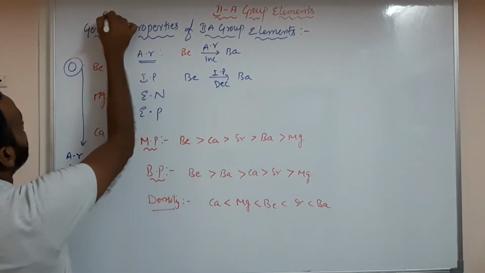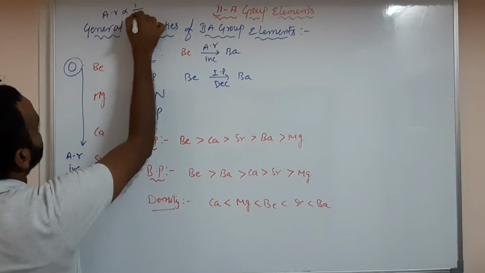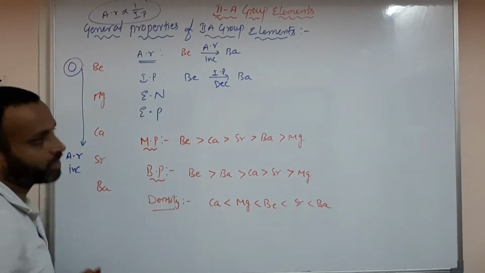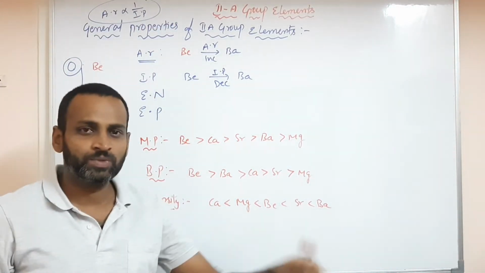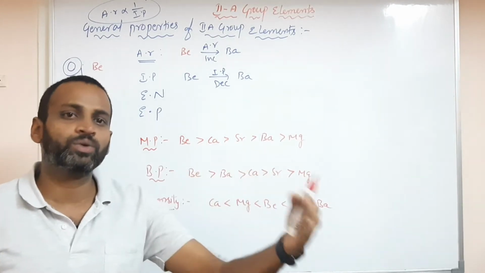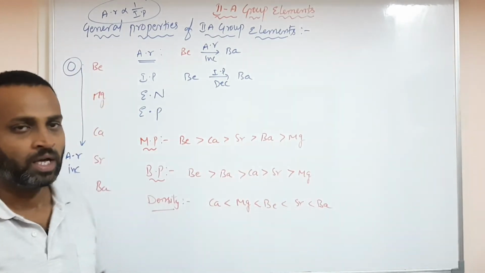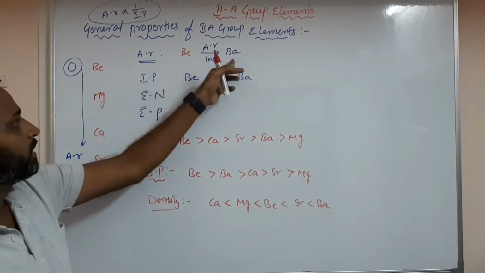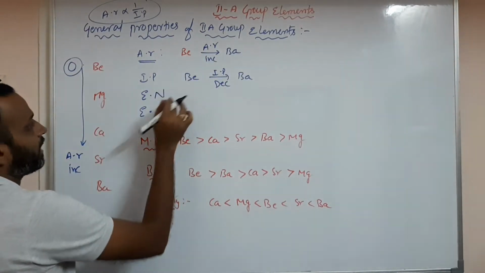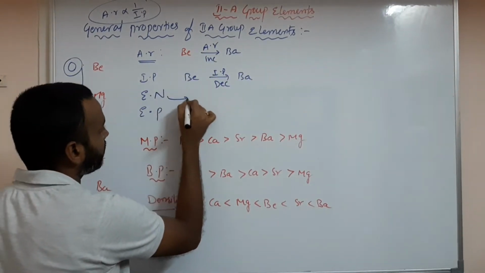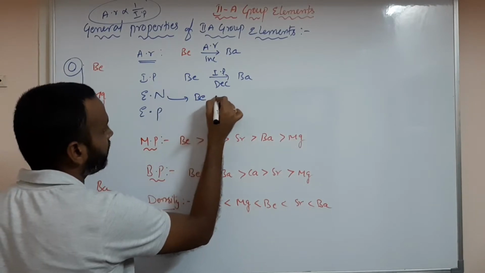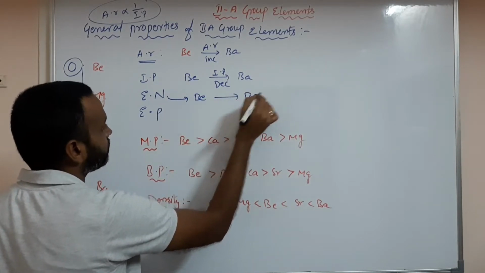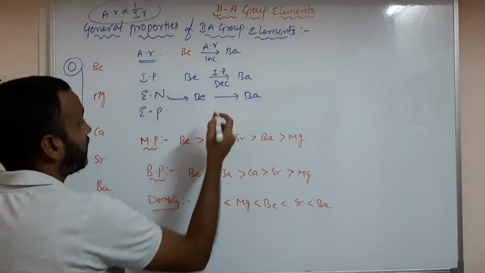Why? Atomic radius is inversely proportional to ionization potential. Everybody knows this. When the radius is large, attractions are less, so you can easily remove an electron. So from beryllium to barium, radius increases and IP decreases. Electronegativity, same from beryllium to barium, what happens? This